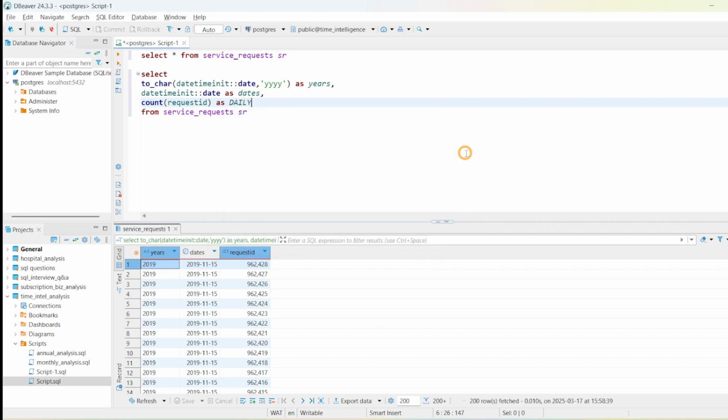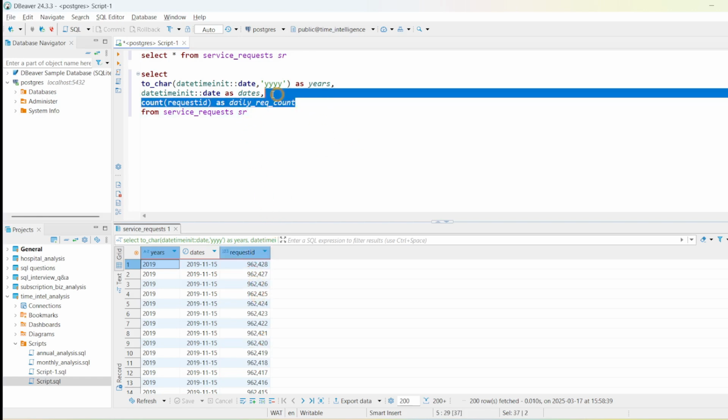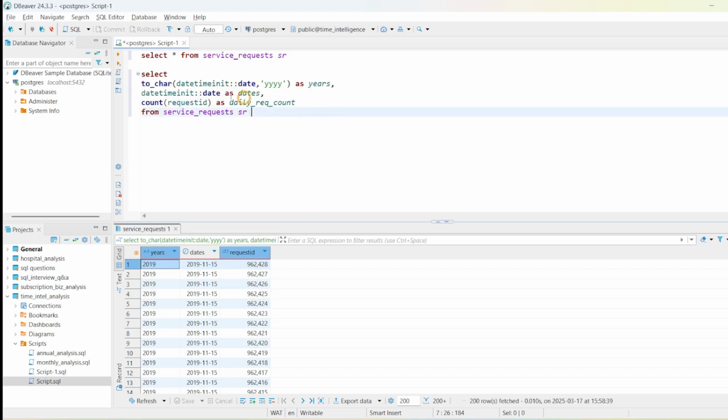daily. How do we put that? No, I don't want capital letters. Daily request count. Okay, that's fine. It could be anything that you want to use it for. But we want to use this to get the count of the daily requests that come in. All right, so now when you do an aggregation, once you have an aggregation in here, you definitely would need to do